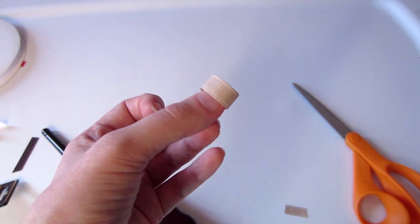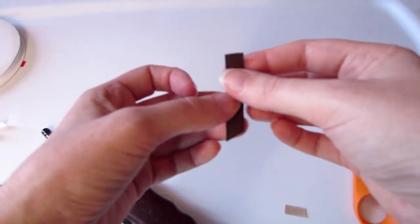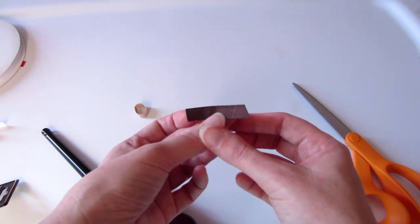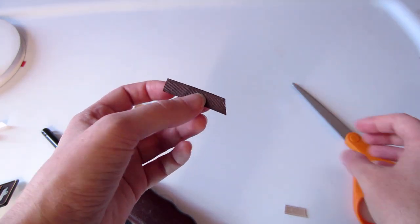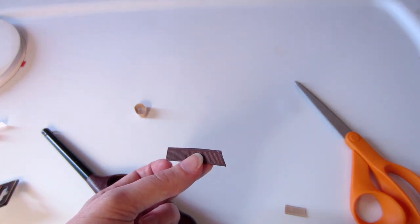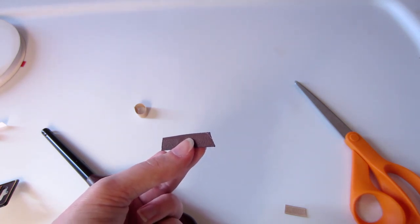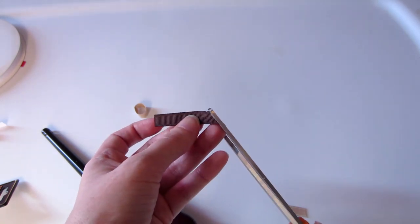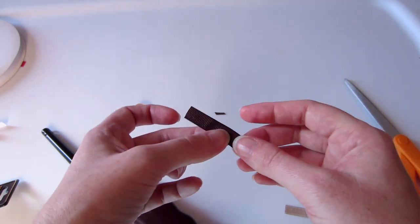Elf head complete. Now we're going to add the hair. And what I did here, if you want to do an elf girl, you can do longer hair. I'm going to do a boy, and we're going to give him some beaver bangs, as I call them. So take that brown or whatever color hair you're going for. You can use yellow, black, whatever hair color your elf has. I'm using brown. I'm just going to take and do a little angle cut right here, and